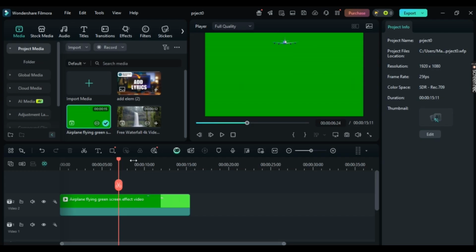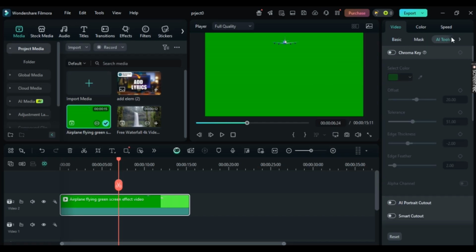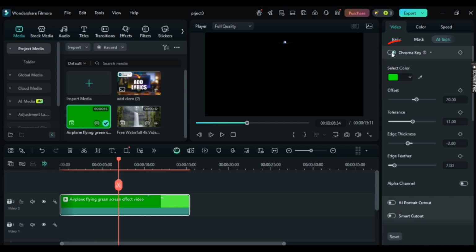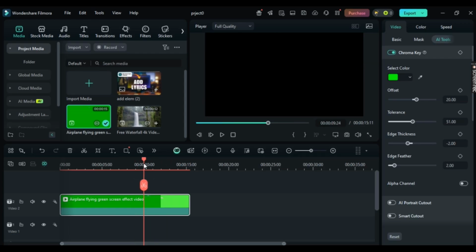First up, there are various ways to delete your background. So one is through Chroma Key. So I have this green screen video right here. Just click on it once and then hit towards AI tools right here. Then once you're under AI tools, just simply check this Chroma Key and enable it, and then also select the appropriate color, and there you have it. Your background has been easily deleted,